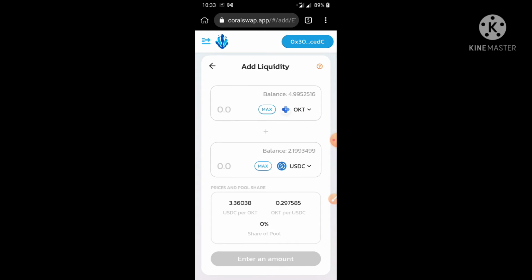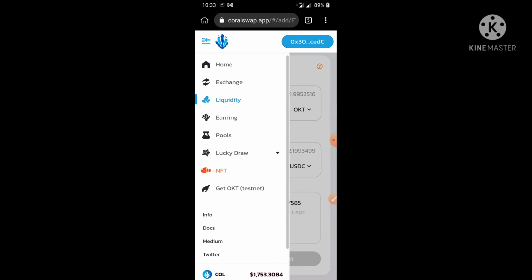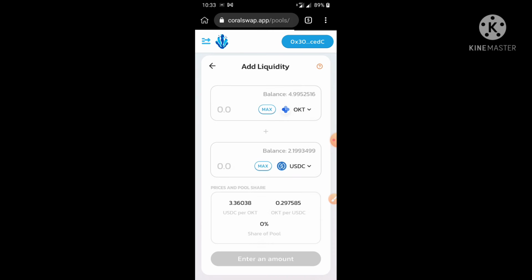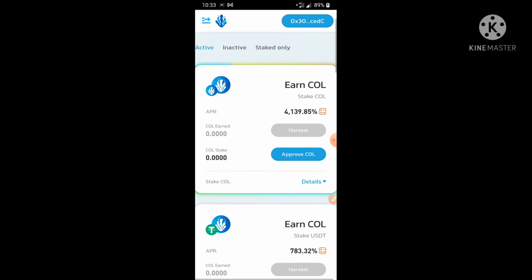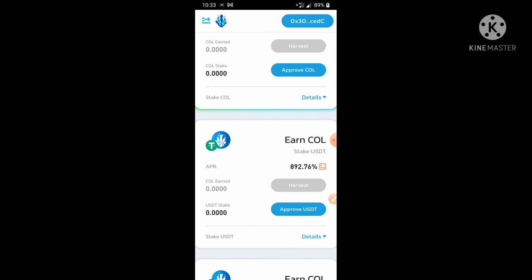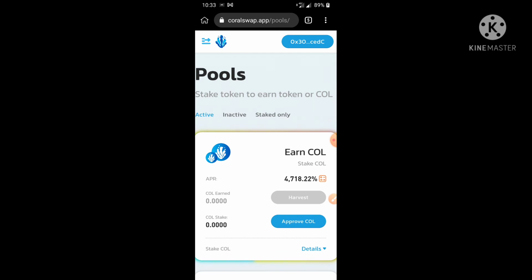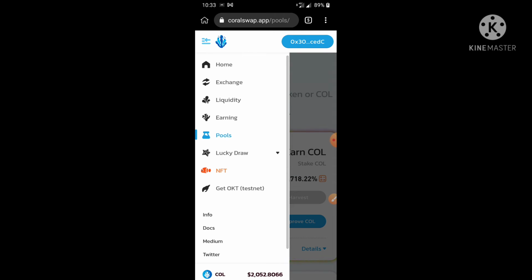Now after that you have to do farming. So in farming, you have to click pool. Okay, so now here you can see there are so many things happening.